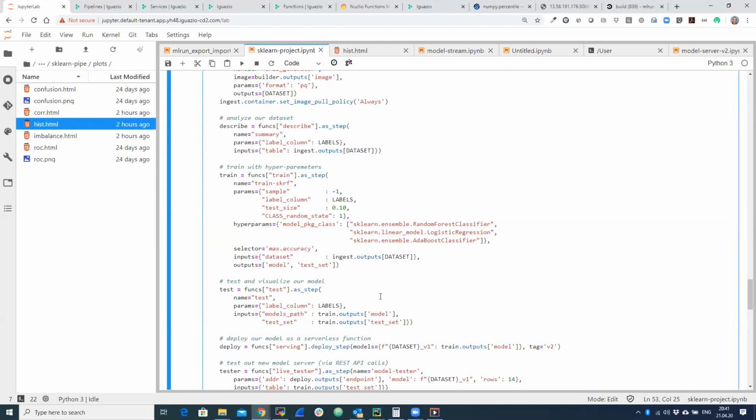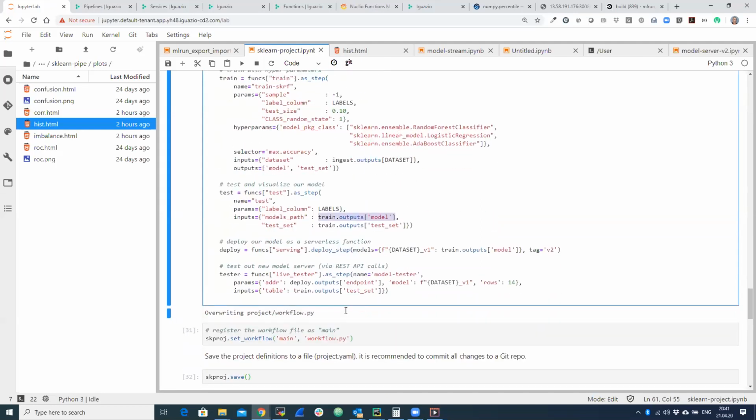Once we have the training model, we want to create a validation. So we take the output of our training and feed it back into the validation with the model. Once we have a validated model, we want to automatically deploy it into a staging environment. So we just use another function. This time, instead of running it, we're telling it to deploy. The input for that deployment is going to be the output of our training. So essentially, I'm taking the model, taking it into a function, telling this function, go deploy yourself, as a real-time function that is going to serve the model.